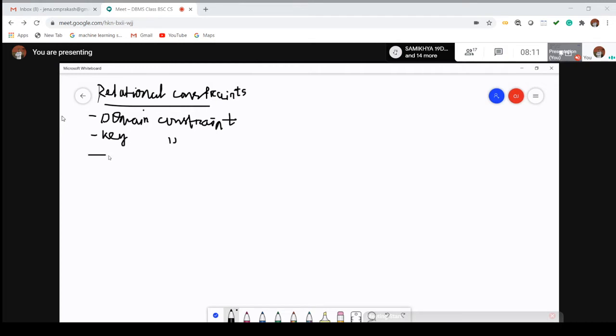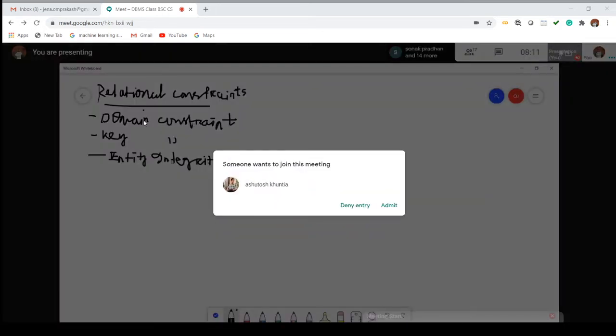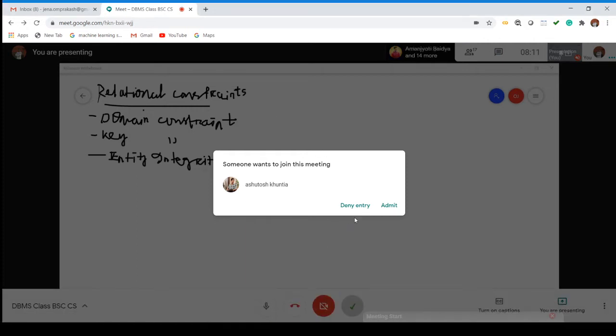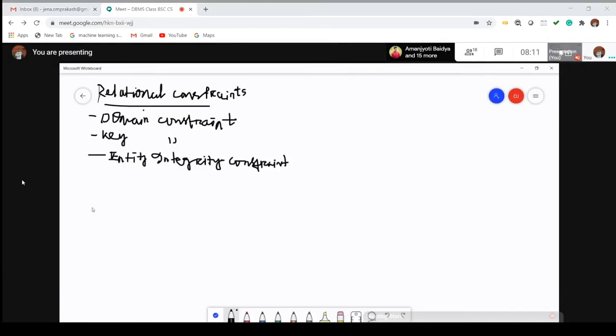Third one is entity integrity constraint, so first we'll discuss what is entity integrity constraint. And the last one is called referential constraint.